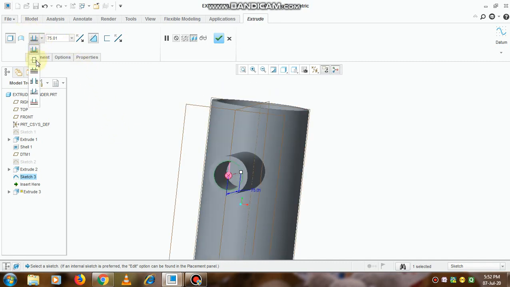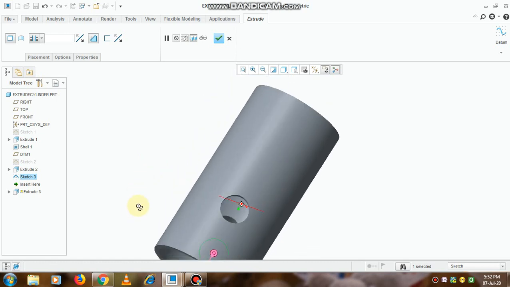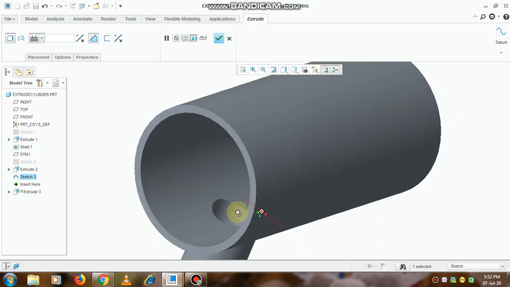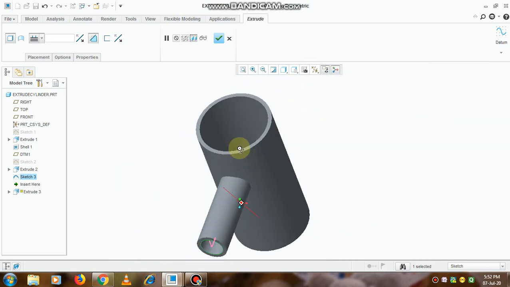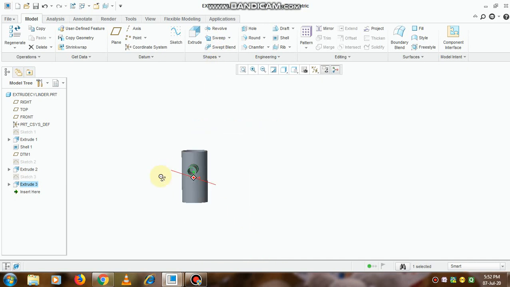Now if you want to create, suppose, a hollow pipe, we can go to this option, and in that is the third option, extrude to intersect with all surfaces. So see what will happen, it will pass on to the next surface as well. So suppose we want to extrude it up to this surface only, so we will go with extrude up to next surface. So only up to this surface it is creating a hole, and click on this OK button.